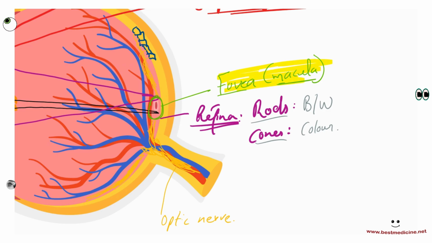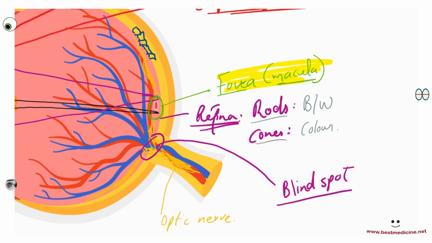Also, if we notice, at the site of the optic nerve formation there's no retina here, right? There's no retina layer here. So because there's no retina here, this part is not sensitive to light, okay? This part is not sensitive to light, where the optic nerve emerges from. And this is called the blind spot